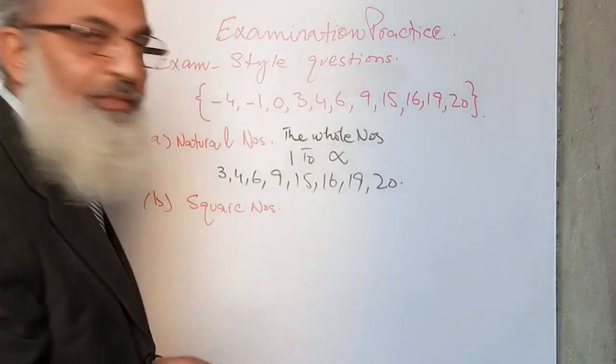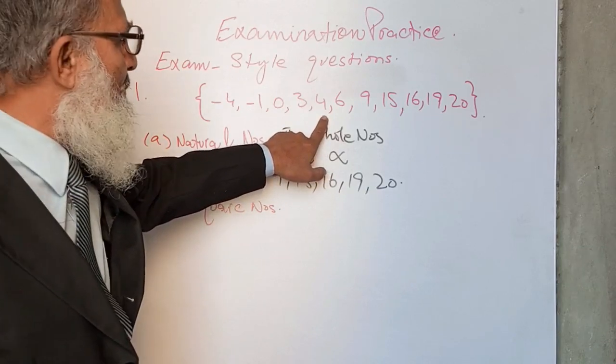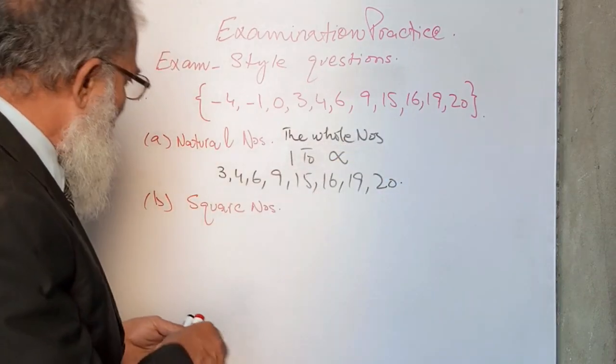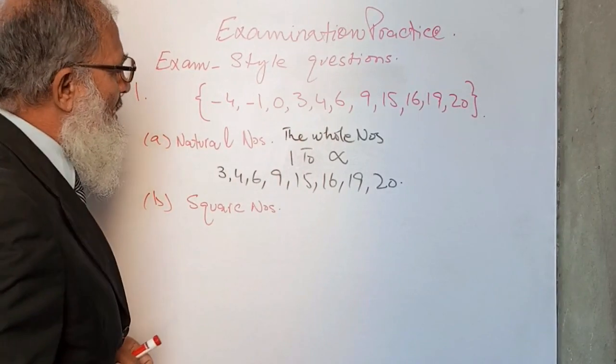So 4 is the first square number, 9 is the second square number, and 16 is the third square number. These are the only square numbers because they came into existence